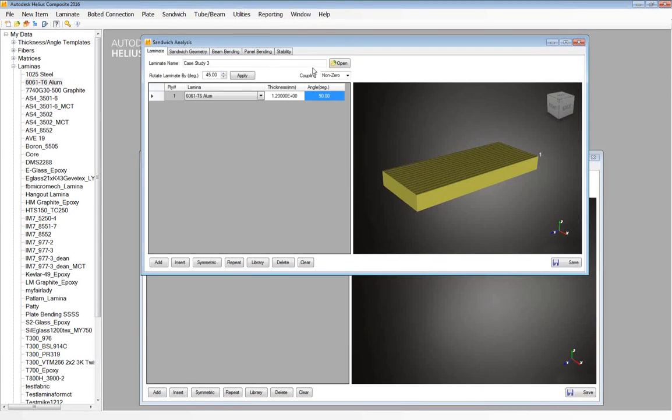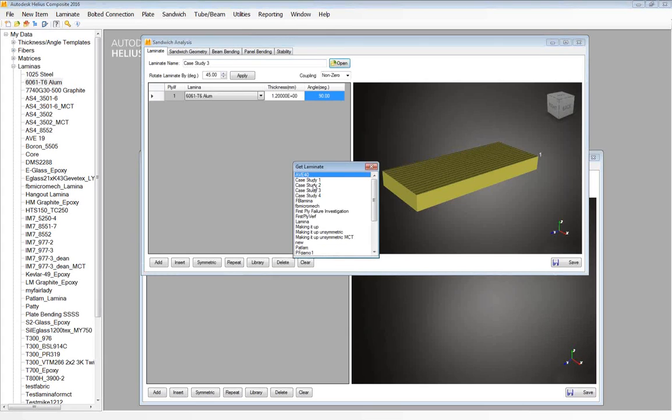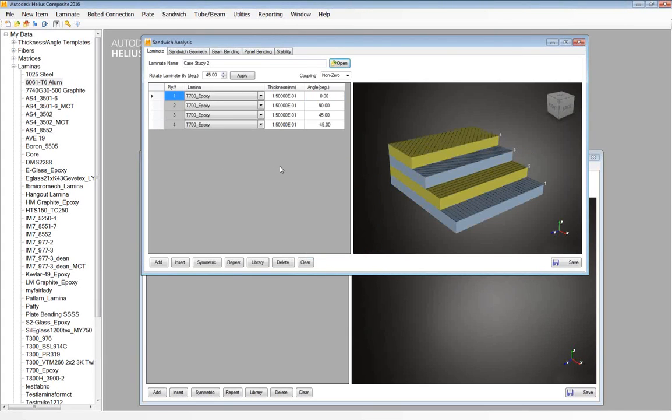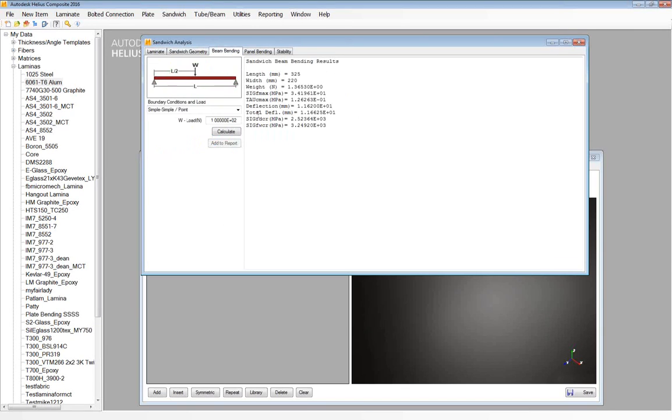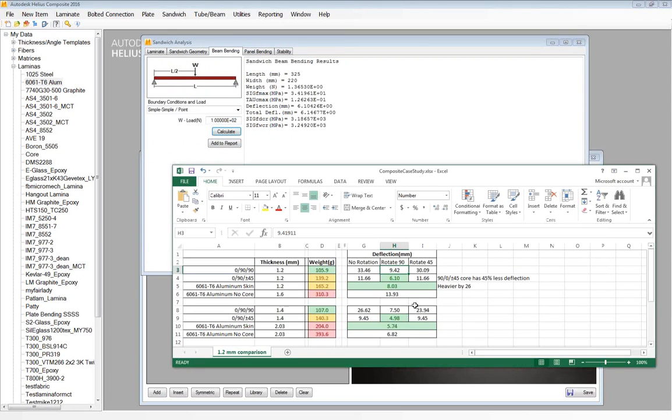And so I went through case study 1, case study 2, very similar, just a slightly different scenario. We can see here, we'll do 90 degree. We can see again that these are all rotating together. We'll use the same core thickness. And again, we can calculate this. And so what I've done here,